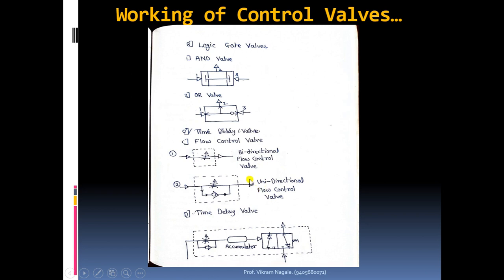Now let's say we are reversing the flow, means we are passing air from right side to the left side, then in that case what will happen? Here we can rotate the knob and vary the cross section, means what, resistance will be there. Now first air will try to pass through this path which is having some resistance, then some portion will come here, it will try to come over here.